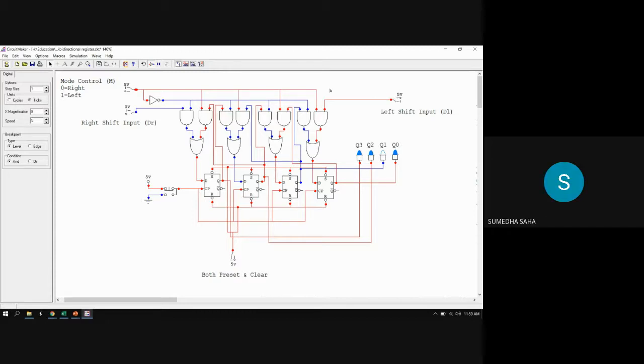So can you please tell what the mode control is? Mode control is controlling how the data are entered and how the data are shifted towards the left or right. Because you see, due to the presence of this one, one of the AND gates is disabled. So based on this property, the switch works. So here you see, if I give a 0 here, and if I connect it to 1, okay, first we clear this one.